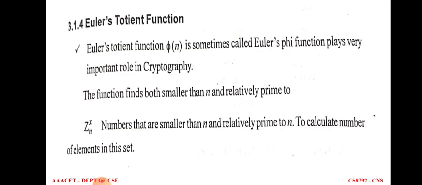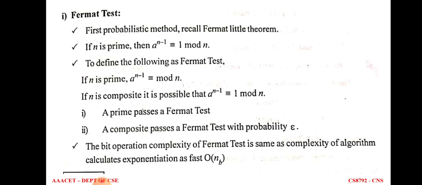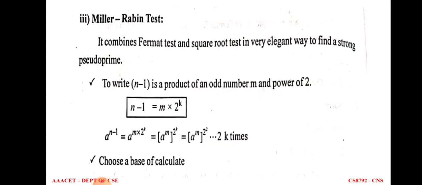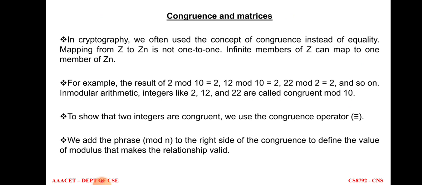Because in the previous slide I told about the congruent relationship, because you can see clearly that a power n minus 1 is congruent to 1 mod 10, right? So this is not equal. So wherever the modular arithmetic operation is applied, we have to write that congruent operator. You can't write the equal sign symbol, right?